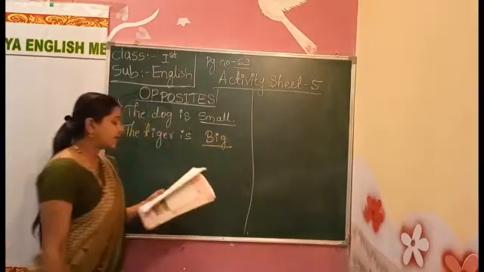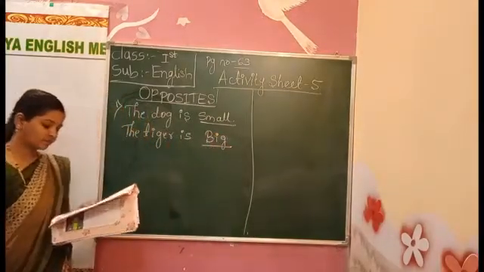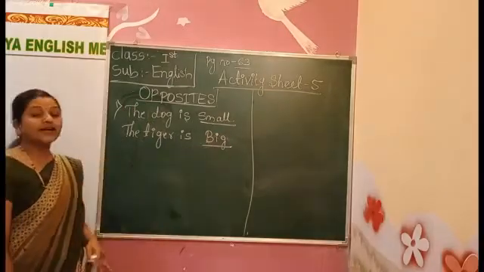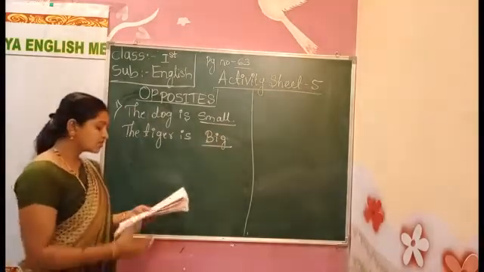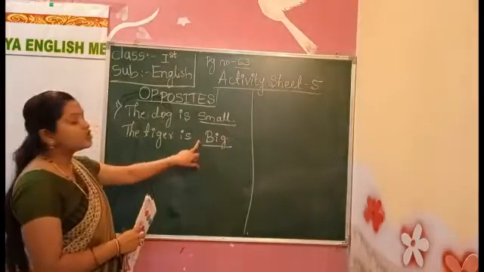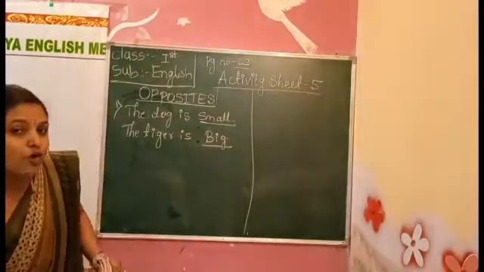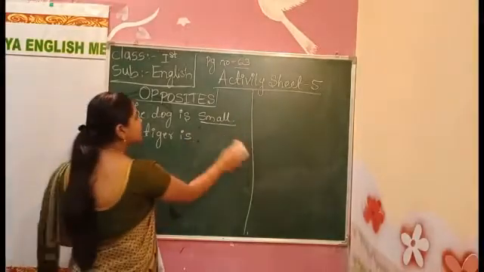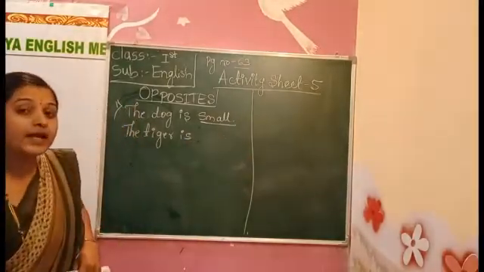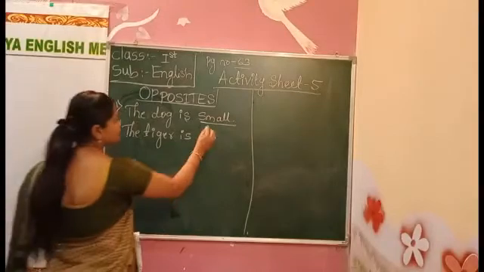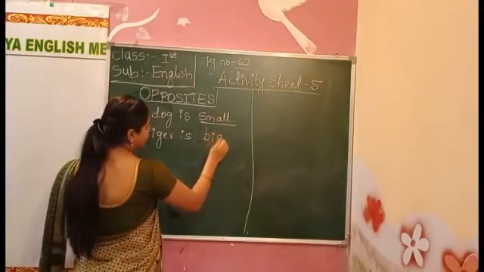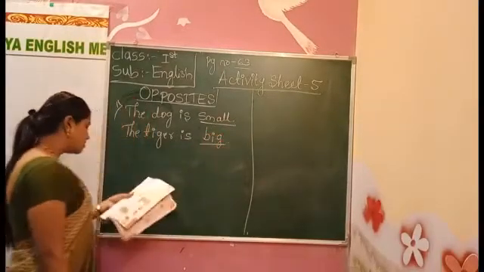Okay, next. So is it correct here? Is big correct with a capital letter? No. So here I write the capital letter. Is it correct? No. Then what should we write? Small letter. We should write big in small letter. So B should be in the small letter. Big. Next.